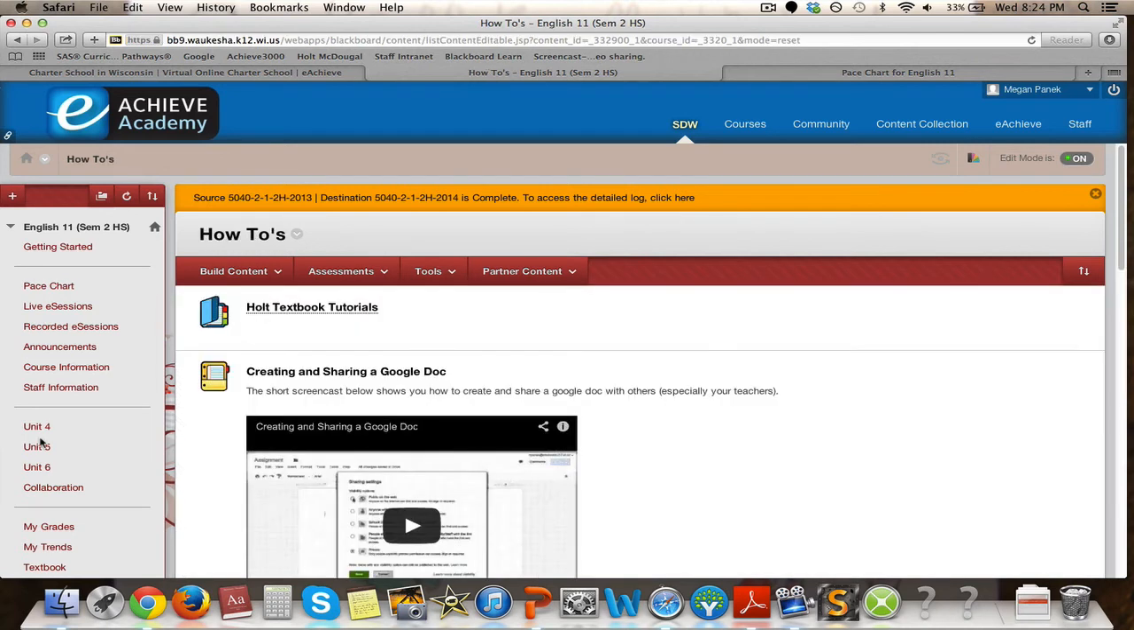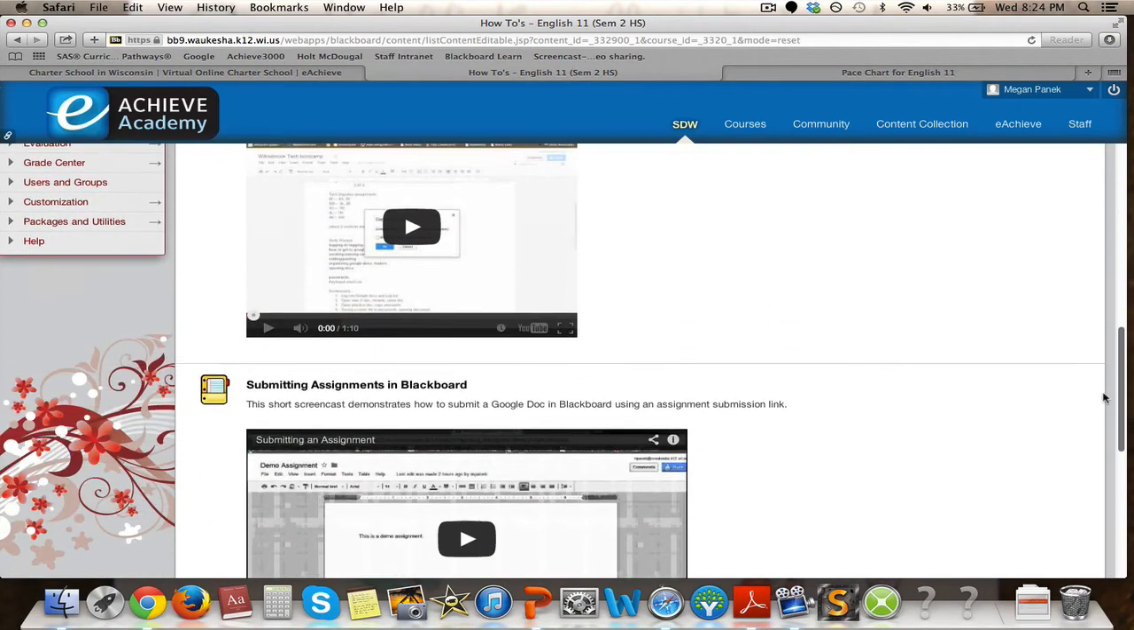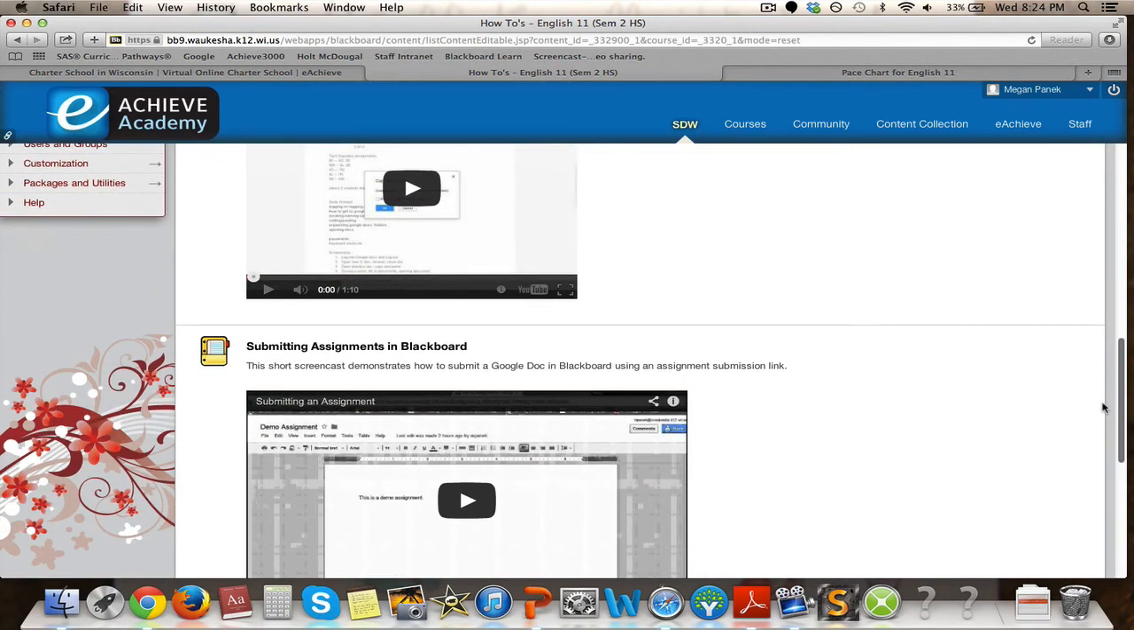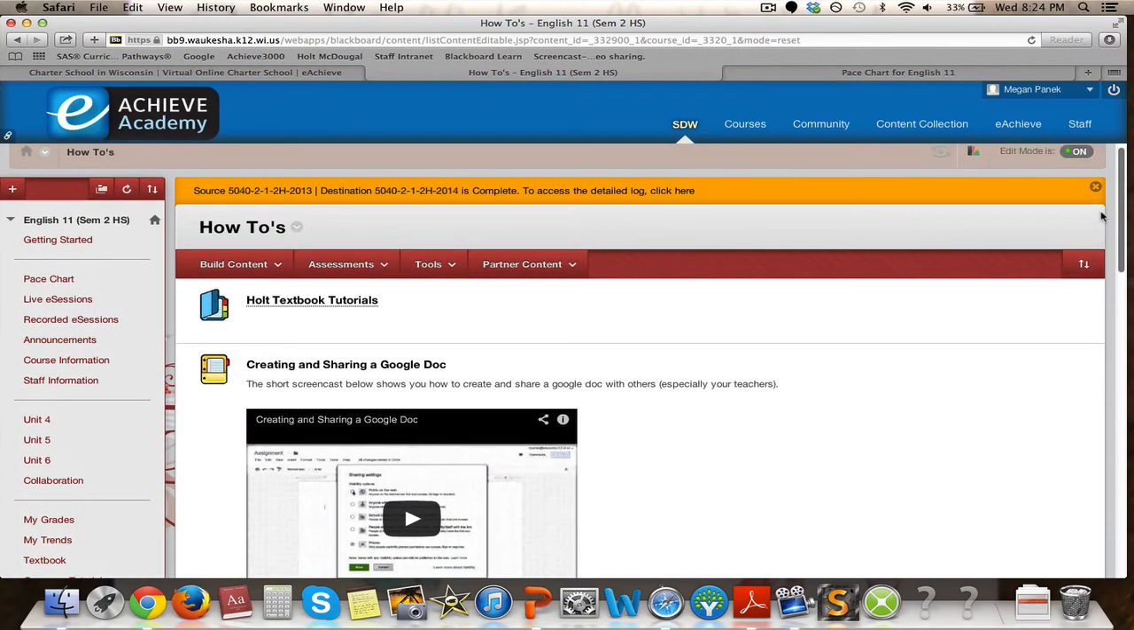The How-Tos button is a great place to check because teachers will link little tutorials for how to do different things in the class into the How-Tos button. For example, I have a tutorial here on how to create and share Google Doc, making a copy of Google Docs, submitting assignments in Blackboard. These are all things that you need to know how to do in order to really be able to complete